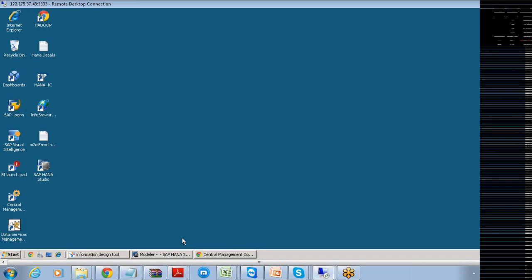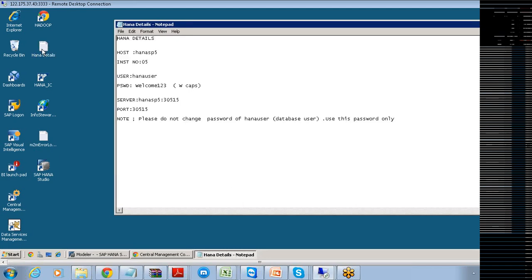But eventually down the line, the universe designer tool is expected to fade out or be decommissioned, and the future versions of Business Objects are expected to be carried out only with the help of the IDT, the information design tool. So we have this particular HANA details ready with us.